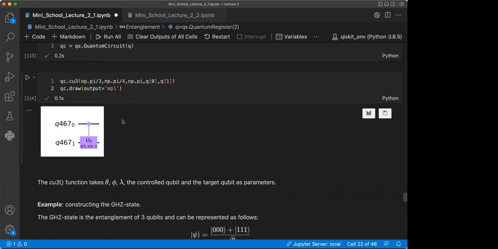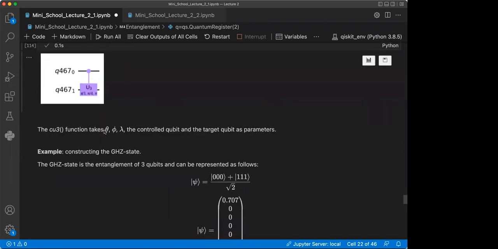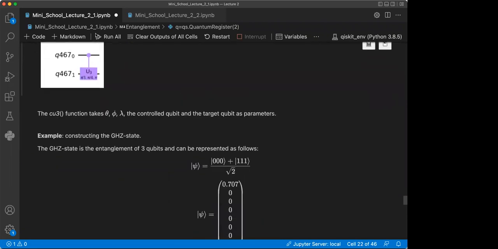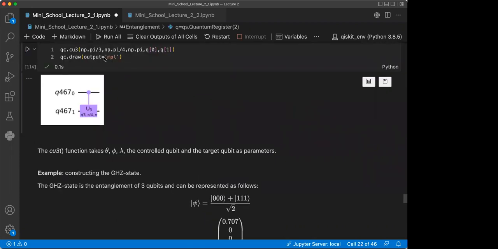And of course, you can use this in your algorithms. For example, you could use this CU3 gate in doing amplitude encoding if you're doing some type of QML algorithm. This will allow you to entangle to an index register training points that you're going to feed into a quantum machine learning algorithm. So these are some of the very basic 2 qubit gates that you might come across when you're